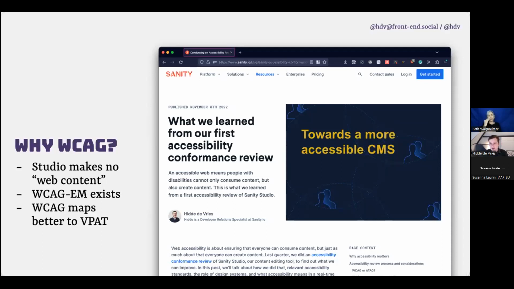WCAG also maps better to VPATs, and just to emphasize, ATAG is still full of very useful advice, and we might do an audit later as well for ATAG. It's kind of a superset of WCAG. One of the first success criteria in ATAG is actually to meet WCAG, so that's a good first step.